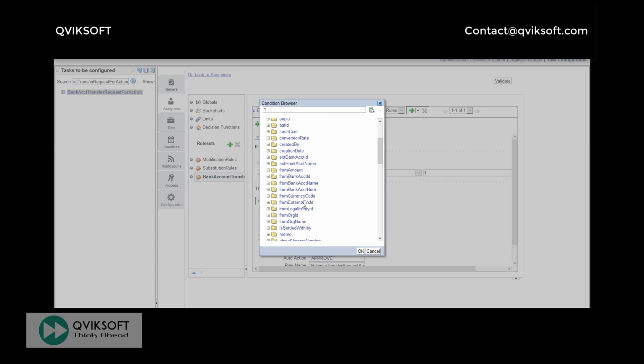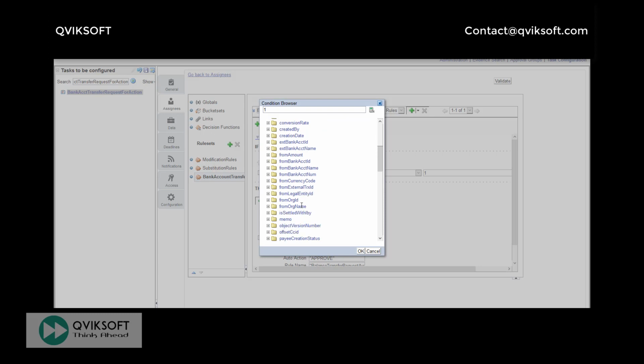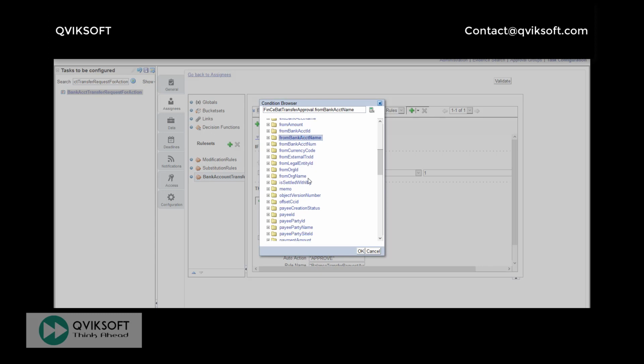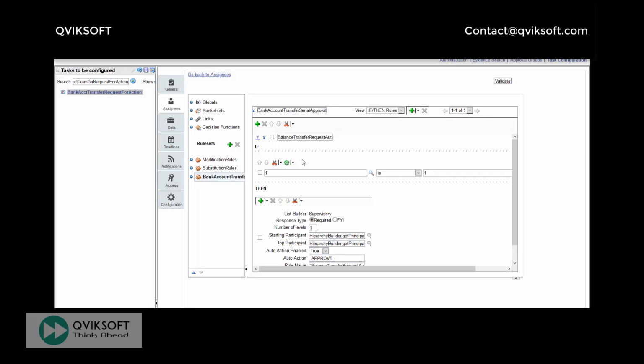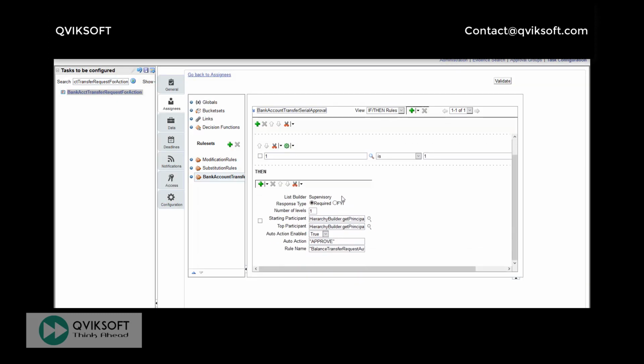Similarly you have two parameters you can specify. If this is my legal entity, if this is my bank account, then this is the rule or the approval flow to follow. You can define it as per all the fields available here. Just want to show you a glimpse of that. Currently it's all auto approved, so I'm not doing anything here.